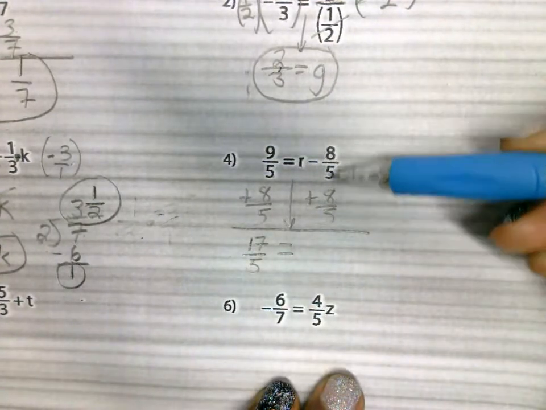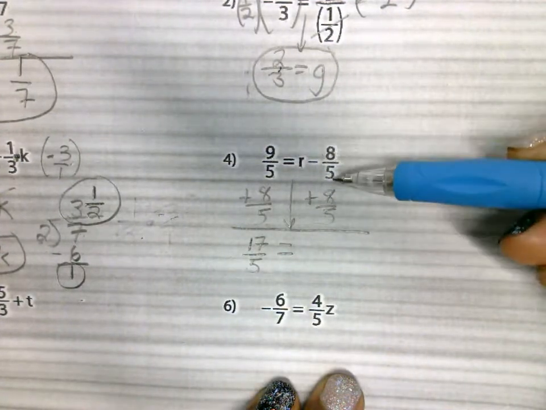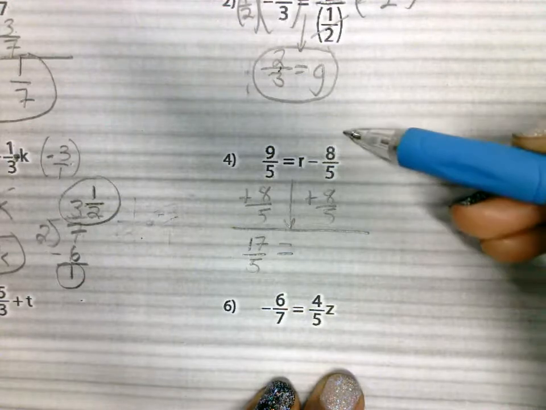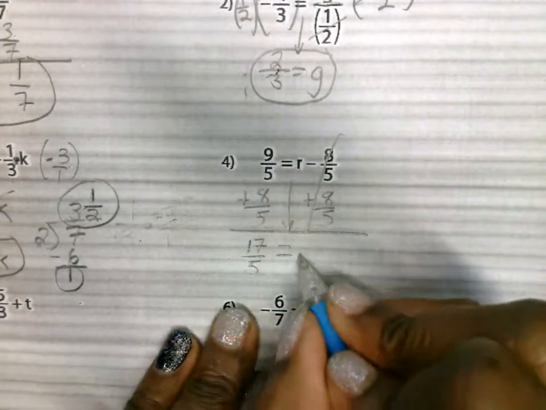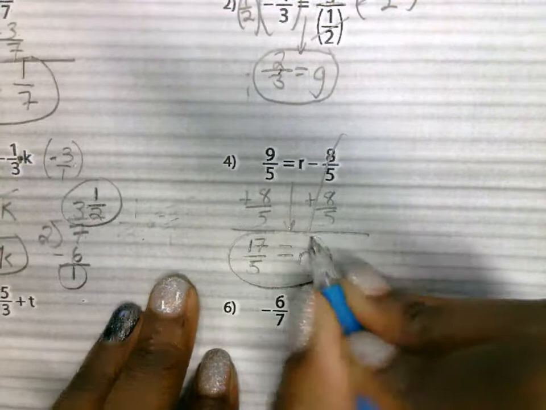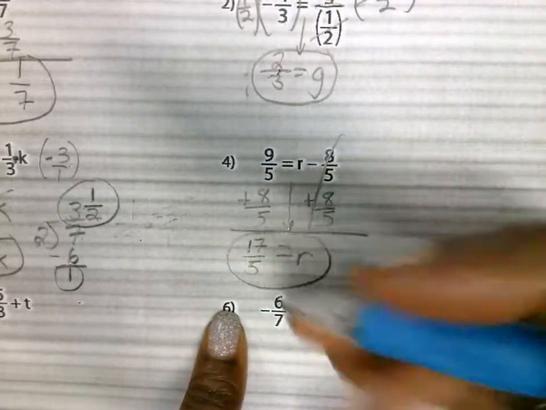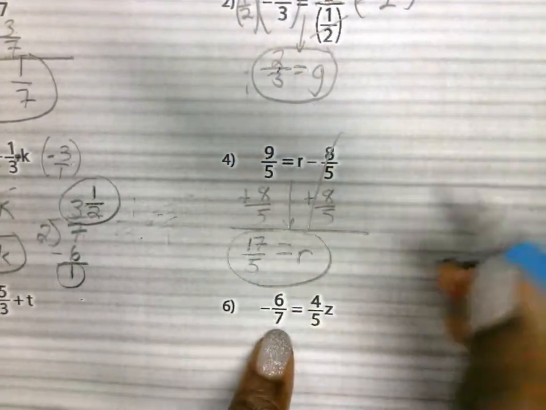When I add this together, it gives me 0. Negative 8 over 5 plus 8 over 5 is 0, and I'm left with r. Okay? You can leave it as an improper fraction that's reduced, or you can change it to a mixed number